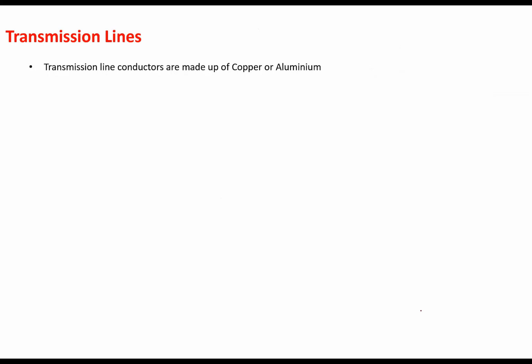What conductors are widely used in making transmission conductors? Don't get confused. When I say transmission lines, it is not only the conductors that are going in the overhead lines. Even underground cables are transmission lines. Even the small cable connected between your fan switch and the fan, or the refrigerator plug point to the refrigerator, all these are transmission lines, because they are transferring electrical energy from source to the load.